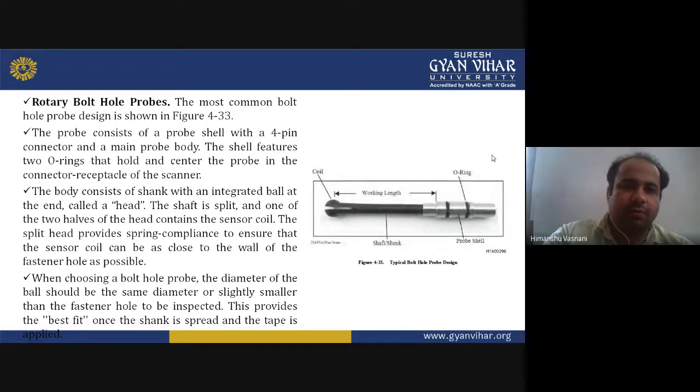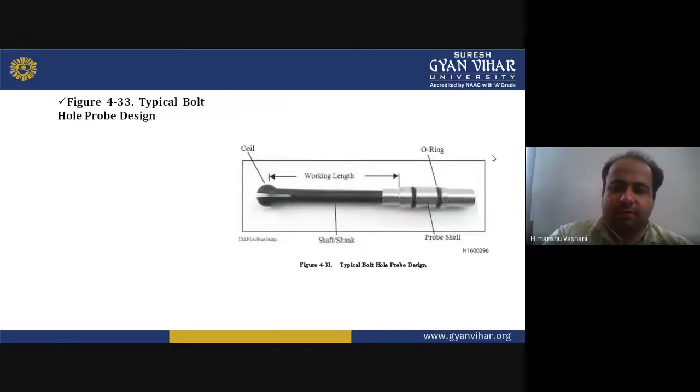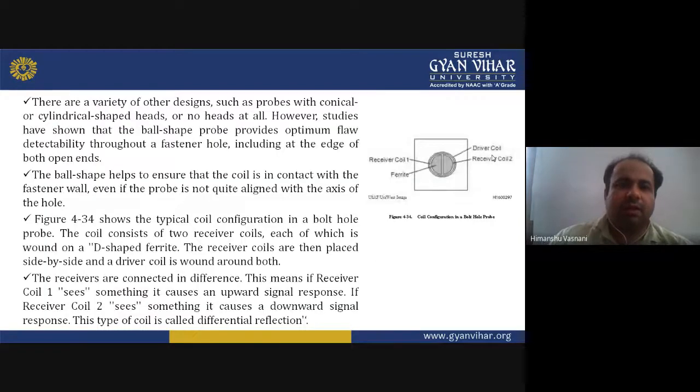Rotary bolt hole probes. This is the same diagram again. Now there are a variety of other designs such as probes with conical or cylindrical shaped heads or no heads at all. However, studies have shown that the ball-shaped probe provides optimum flaw detection throughout the fastener hole, including at the edges of